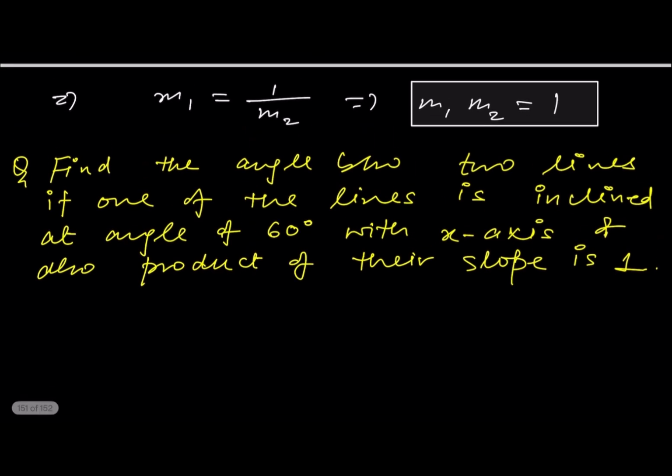So in the question it is given that the product of their slopes is 1,